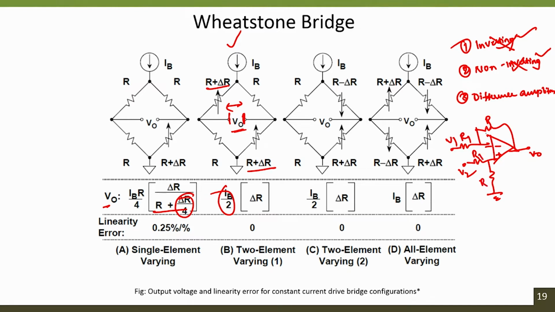If I say this is R1, R2, R2, so V naught is equal to R2 by R1 into V2 minus V1. So, V naught can measure the difference between V2 and V1, and if R2 and R1 are the same, then the gain is 1. So, the output voltage is purely the difference between V2 and V1. But because of this R1 input resistance, the input impedance of the system entirely depends upon R1, and in